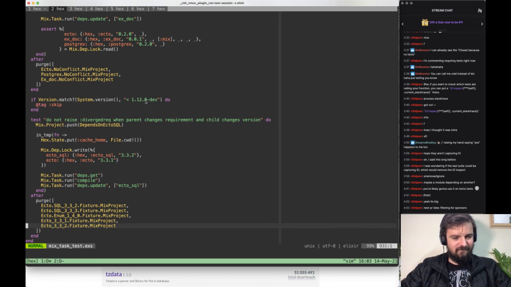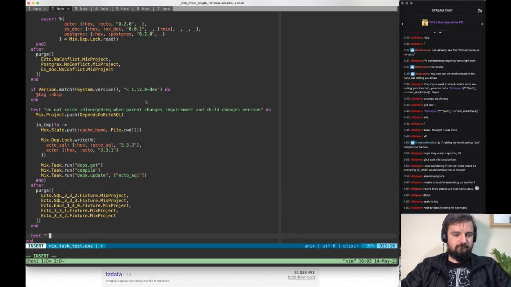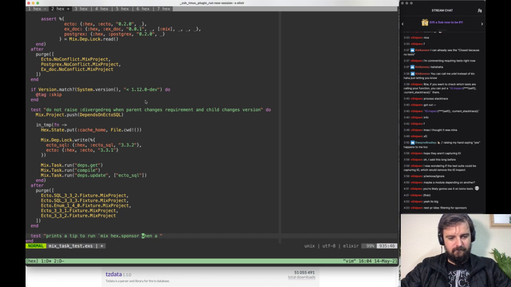Maybe we can work on that. So yeah, test prints a tip for what to run: mix hex sponsor. Let me put the backticks here. Make it run mix hex sponsor when a new